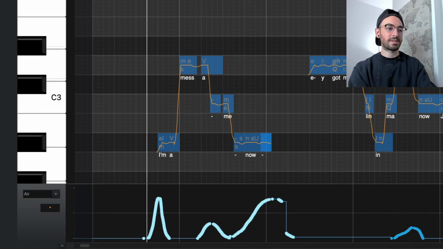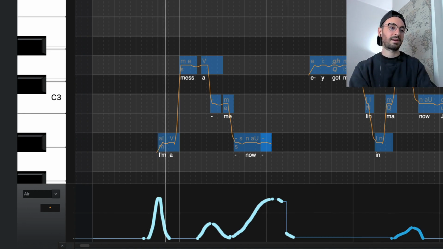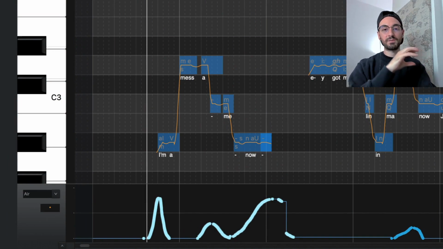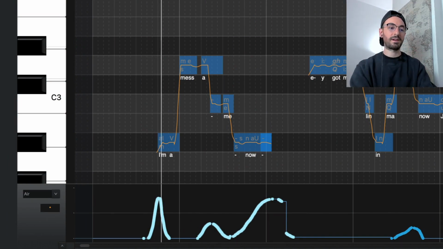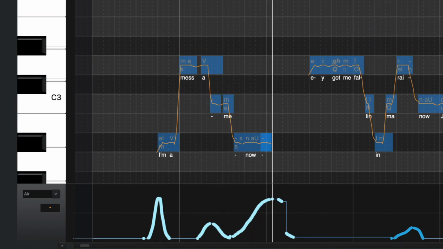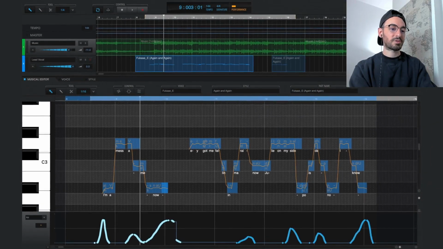At the very beginning where he says I'm, instead of it being ah, it's more of a ha. You get a little breath in there. Same thing when he says now. At the end of the word now, you get more of a breath sound in there. I'm a mess now. It sounds natural. It has this emotion to it. It's a really, really nice feature to start using.